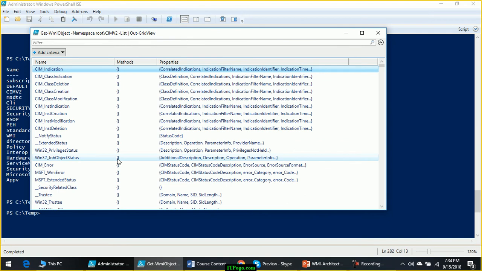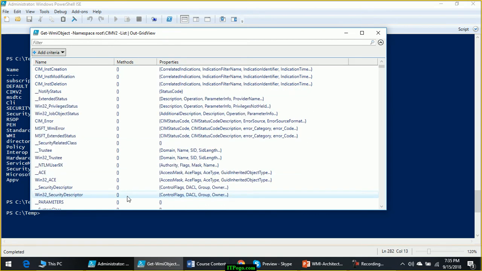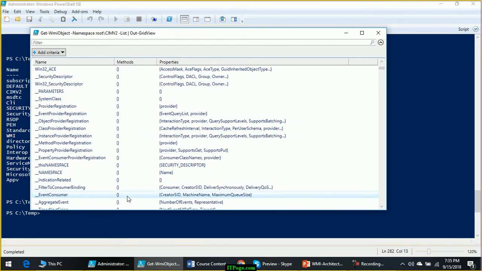Now let's take a look at what other things are available here. The first column talks about the name of the class. The second column talks about whether there are any methods available for this class. I will discuss methods and properties later.